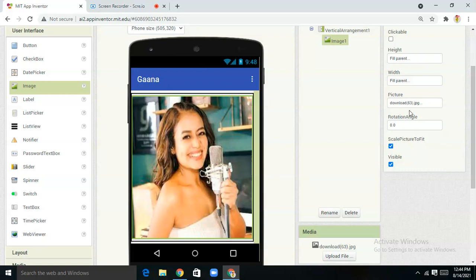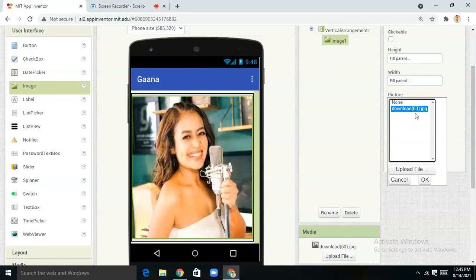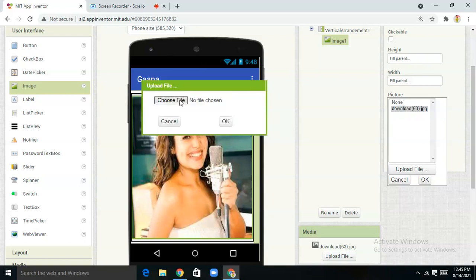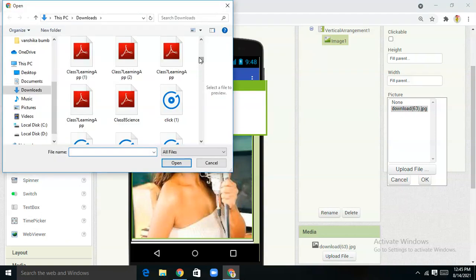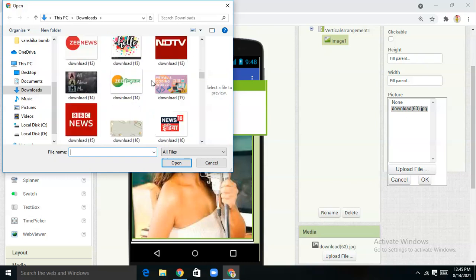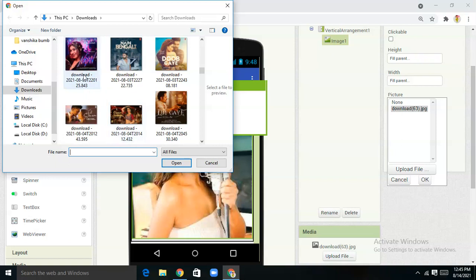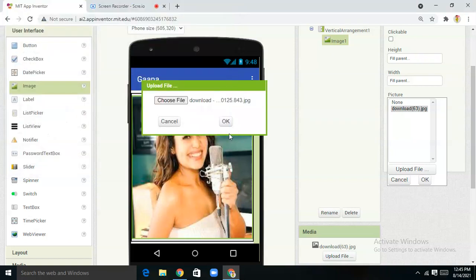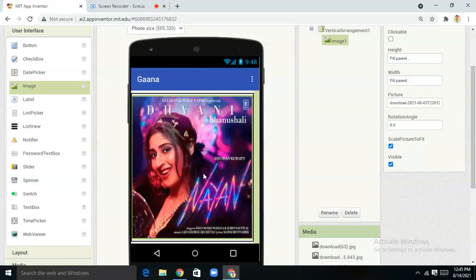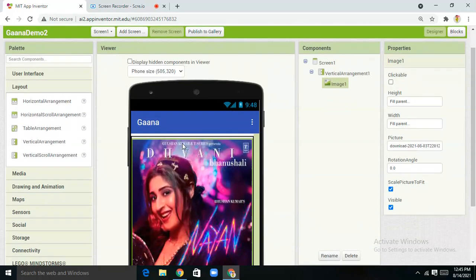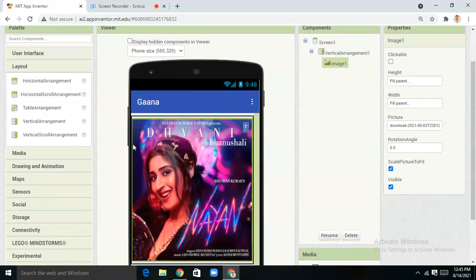Okay, so now here what we want. Wait, we don't want this image. I want another image. Wait, let me choose one image. Like suppose here I want some songs images. Alright. So you can take songs required with your choice only. Here I'm taking some which I've downloaded already. Just give me a minute. This one. Fine. Like this, suppose here I've taken one image.